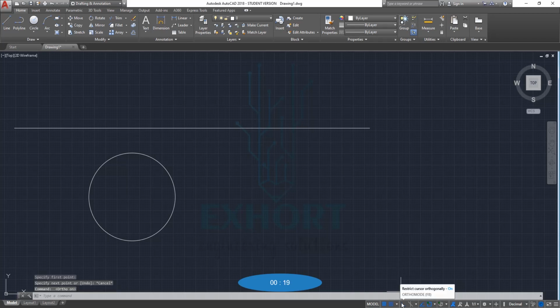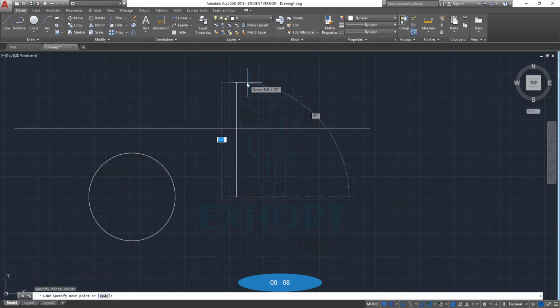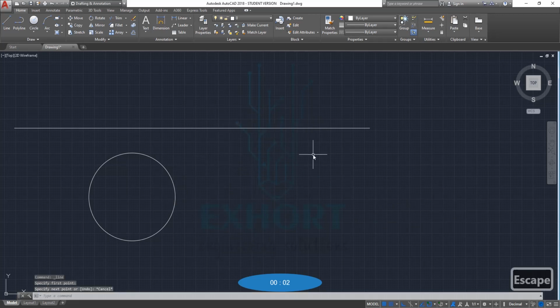Also we can turn on the setting by simply pressing F8 on our function keyboard. Now we have turned on the setting. Now you will see the line can be drawn only horizontally and vertically, meaning only in 90-degree directions. Likewise you can do your settings.